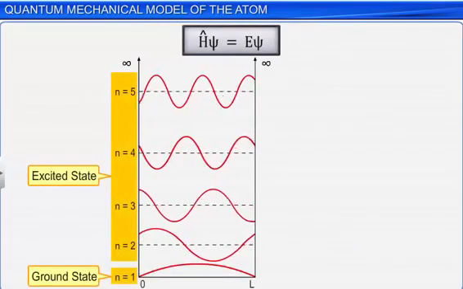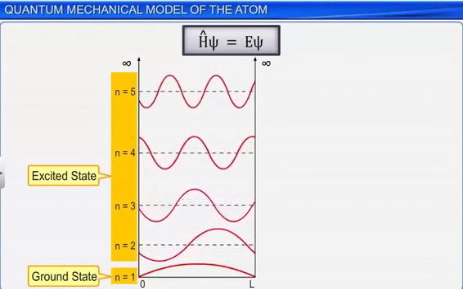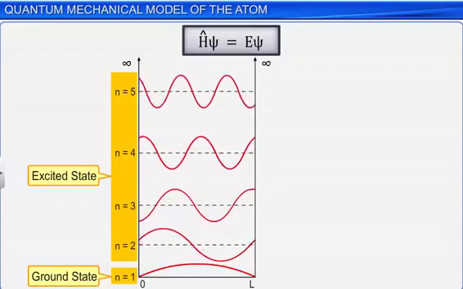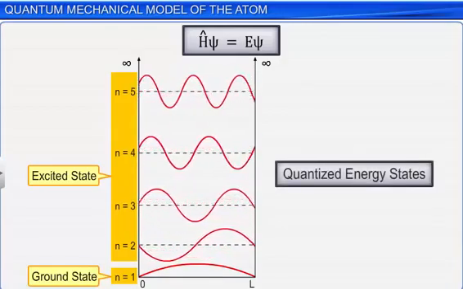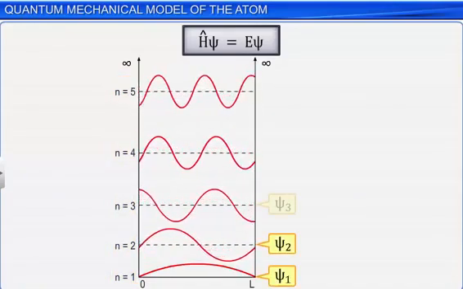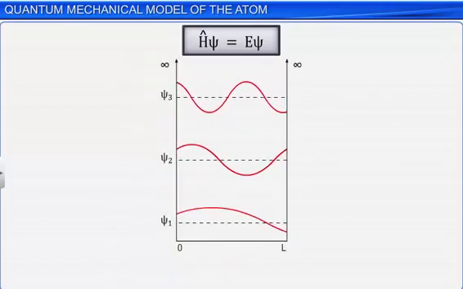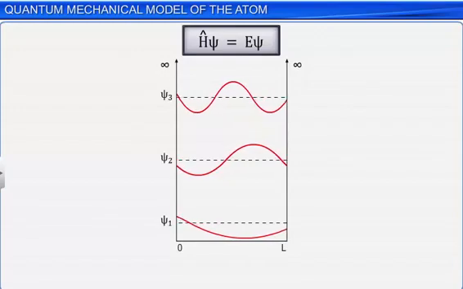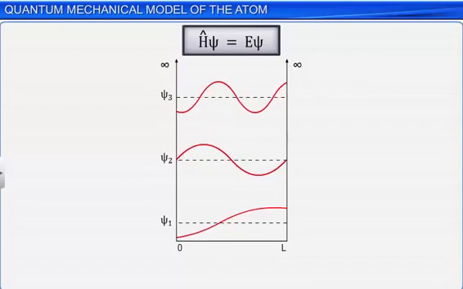When Schrödinger wave equation is solved for an electron of an atom, such as hydrogen atom, it gives the values of the possible energy levels in which the electron can move, called quantized energy states, as well as the wave functions corresponding to these energy levels. Note that, in quantum mechanics, all the properties of a system are expressed in terms of a wave function. This is obtained by solving the Schrödinger's equation.